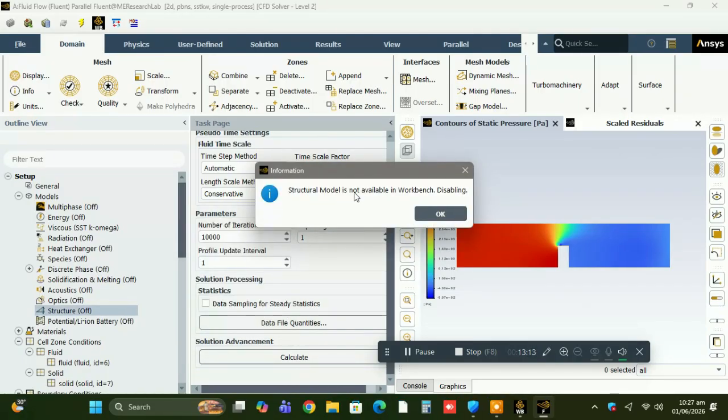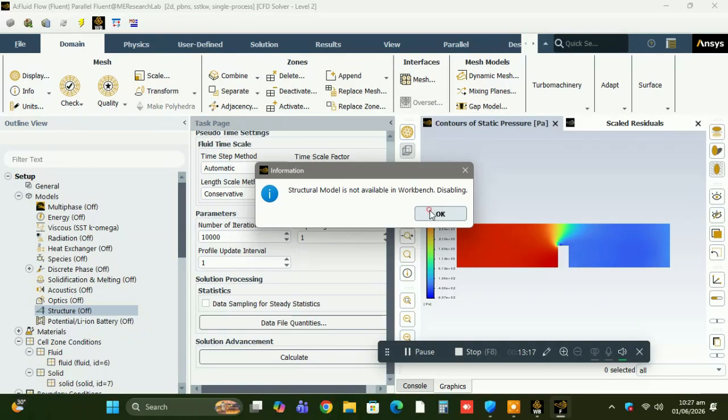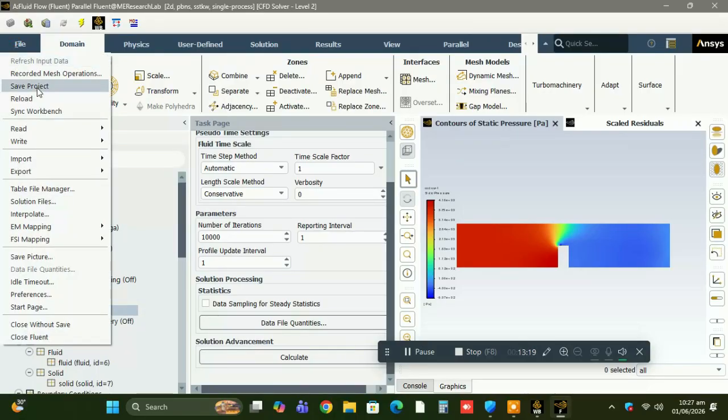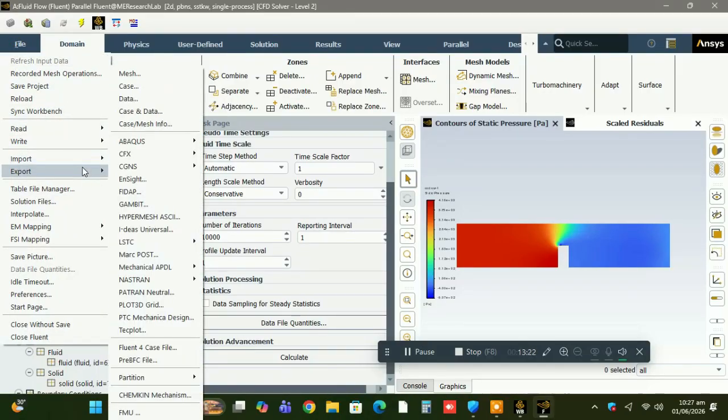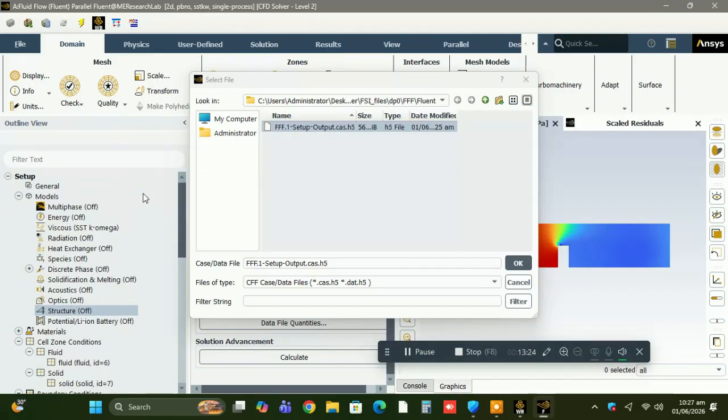As you can see, the warning sign on the window says the structure model is not available in Workbench. So we export the case and data